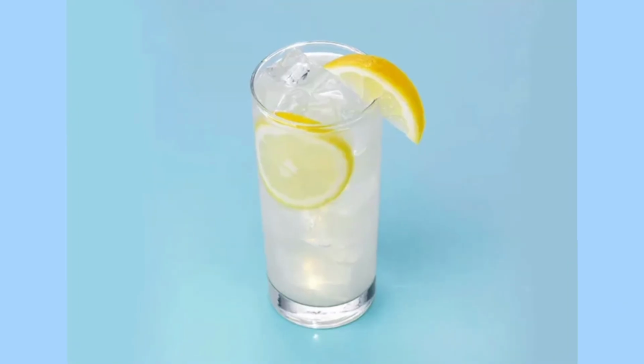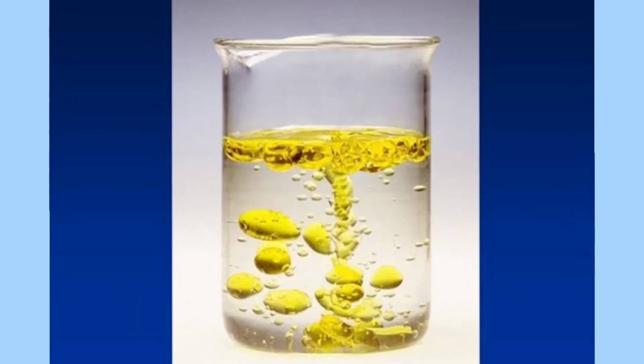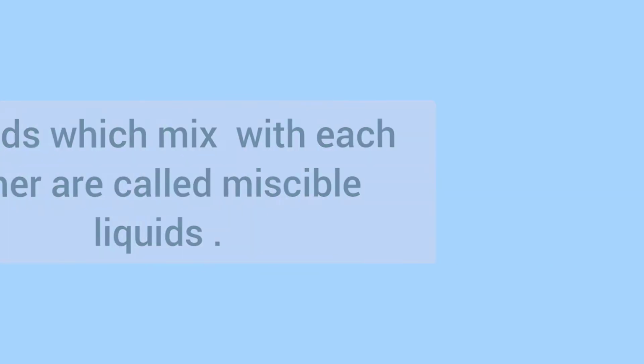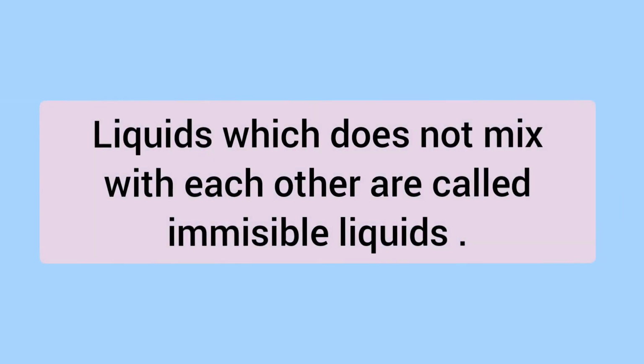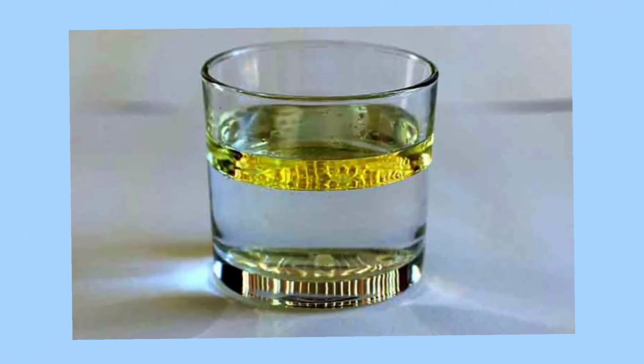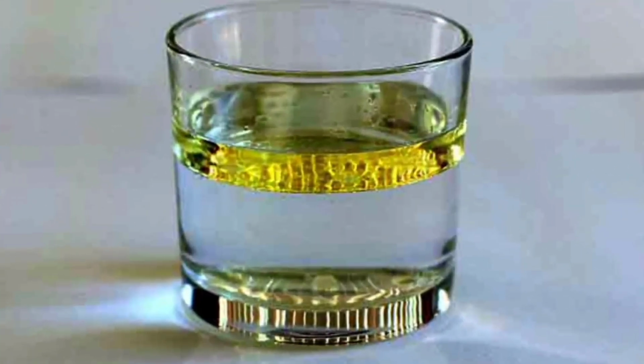Some liquids are also soluble. When we mix lemon juice in water, it forms a clear solution. But when we mix oil in water, it does not mix and oil floats on water. Liquids which mix with each other are called miscible liquids and those which do not mix with each other are called immiscible liquids. Liquids such as honey, lemon juice, glycerin are miscible in water, while liquids like kerosene, petroleum, mustard oil